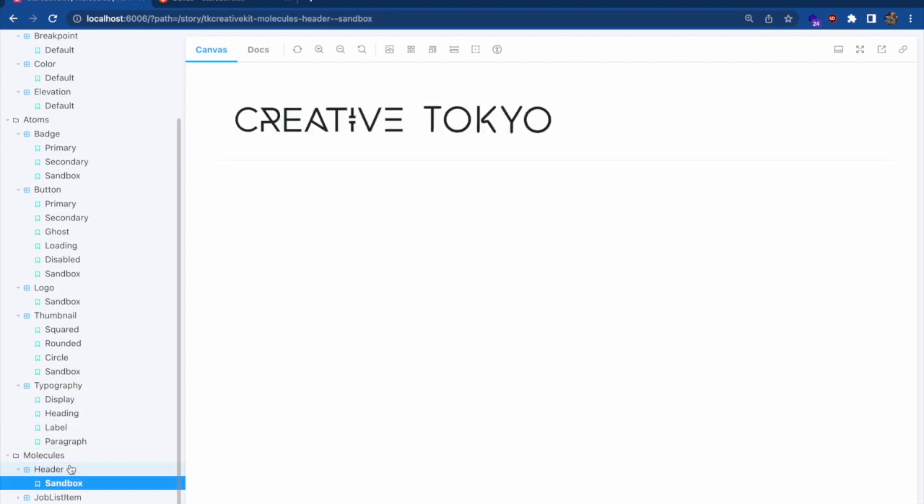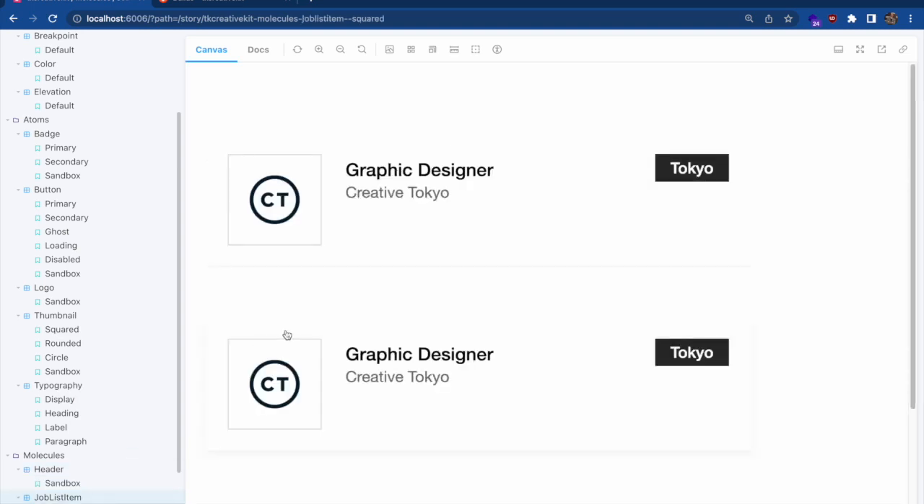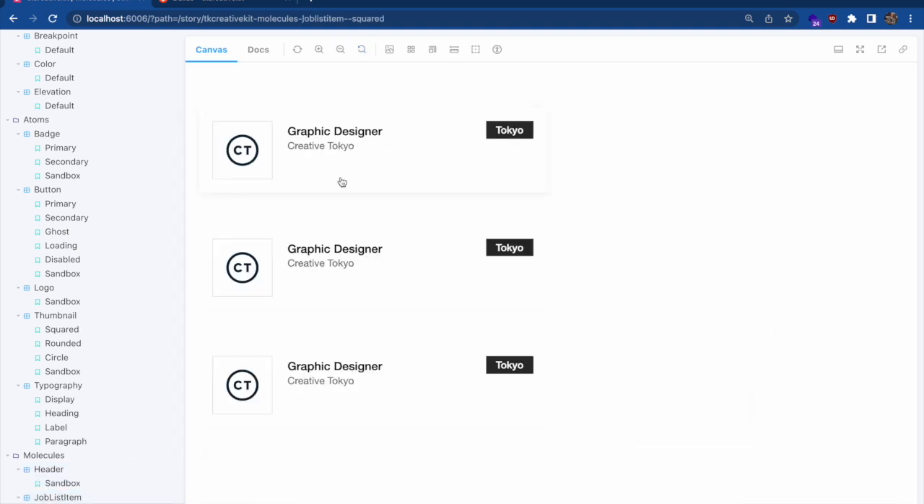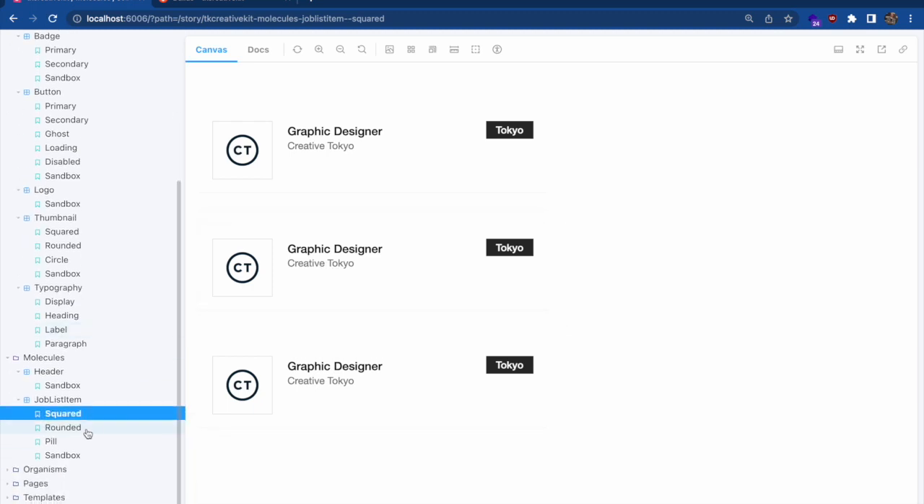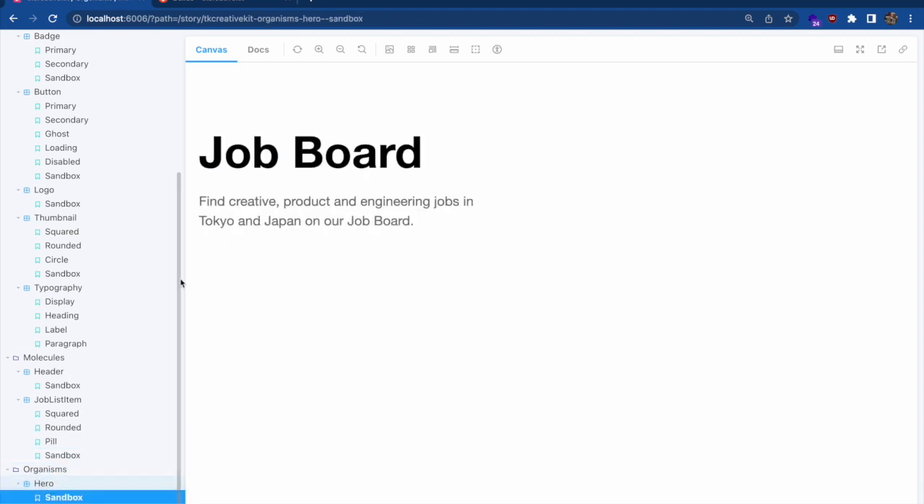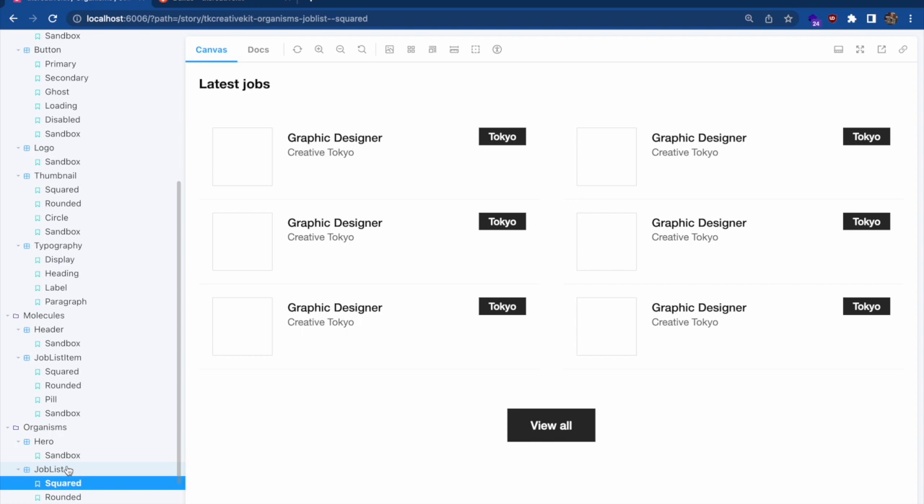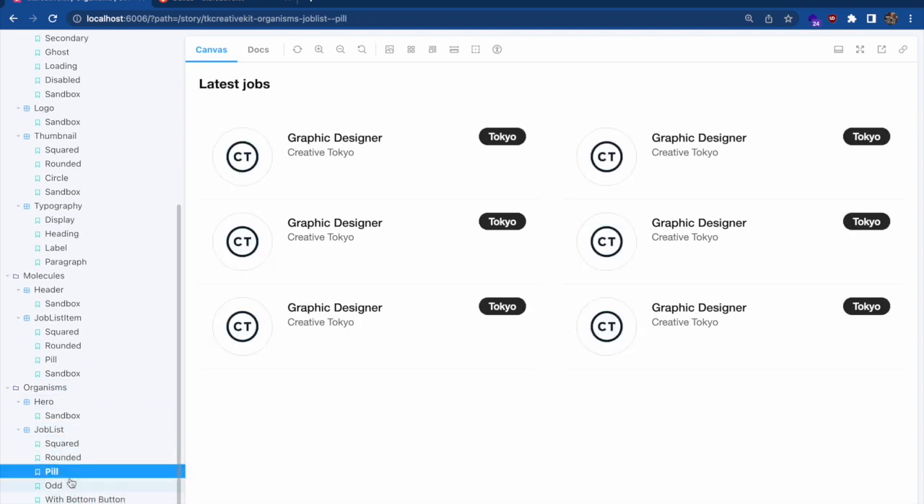Moving to the molecules, the header, the job list items. So this is where we see things taking shape already. Different shapes here: square, rounded, pill. Moving up to the organisms, so we have our hero section, our job list with different shapes: square, rounded, pill,